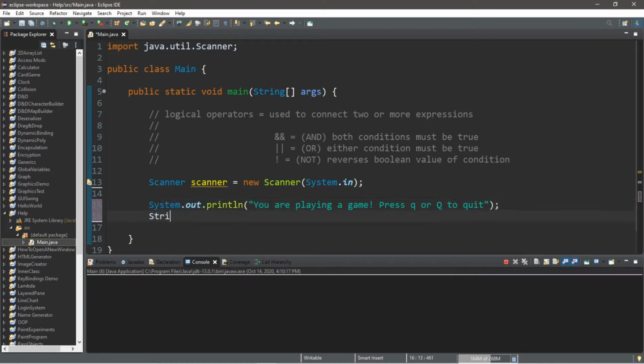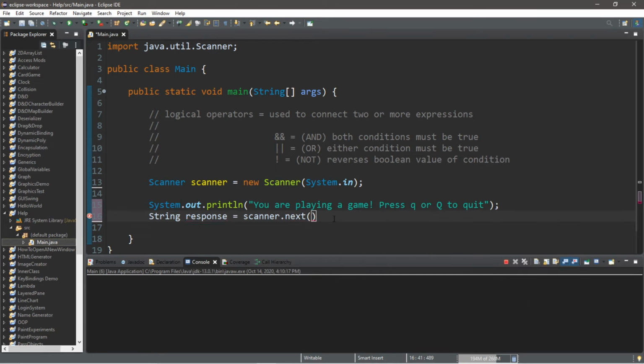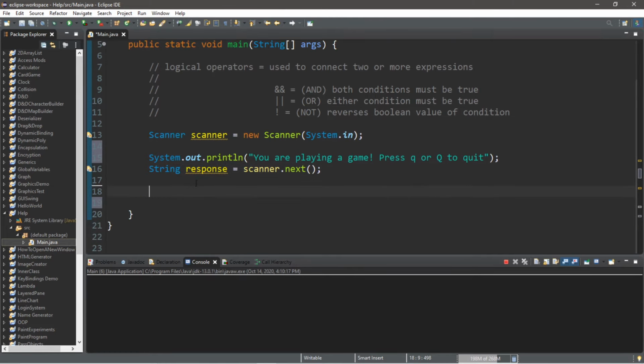And we will store our answer within a variable. Let's call this response. String response equals scanner.next. Next, we'll store the next key that you press within a string variable. So let's check to see if our response is equal to lowercase q or uppercase Q. If,